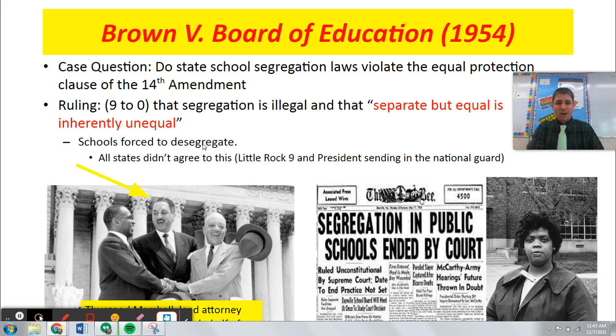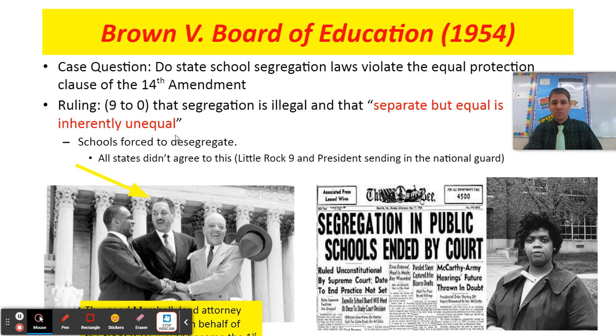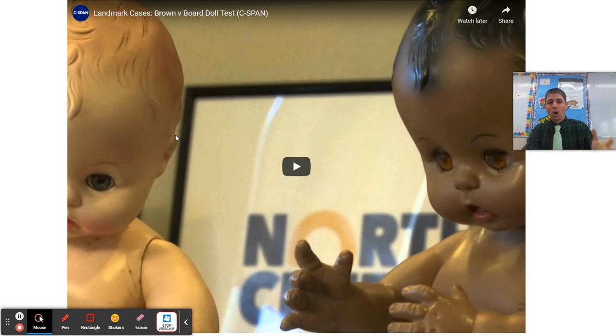Of note, well, let me share how they came to this decision. It's pretty unique. It was primarily through this doll test, as it was done. You have a black doll and a white doll. And they interviewed and surveyed kids from the area, white kids, black kids, and they asked them a series of questions. They said, which doll is the pretty doll? Which doll is the smart doll? Which doll do you think you'd want to be? Which doll do you think is better?